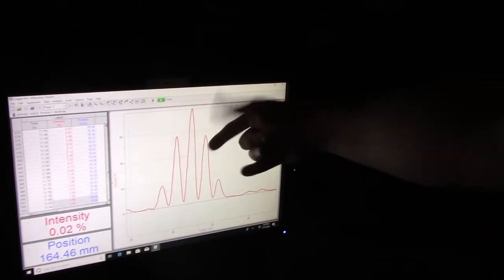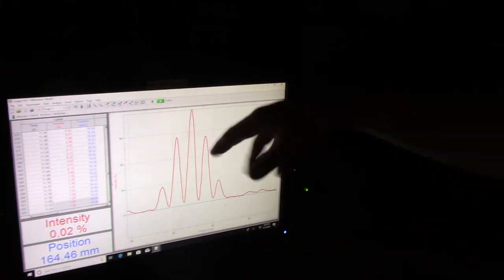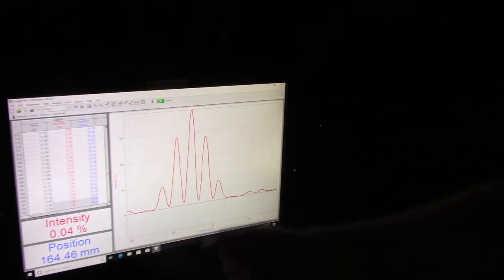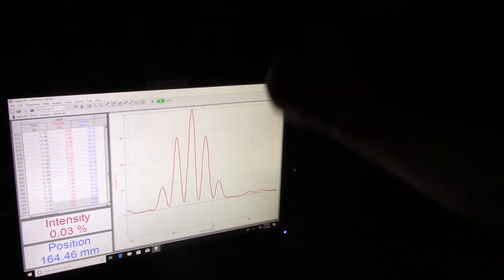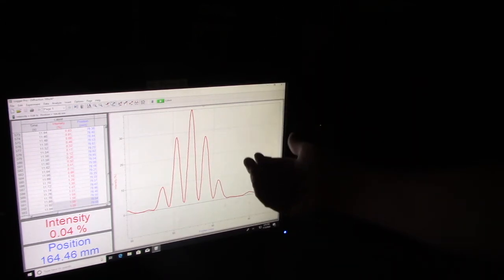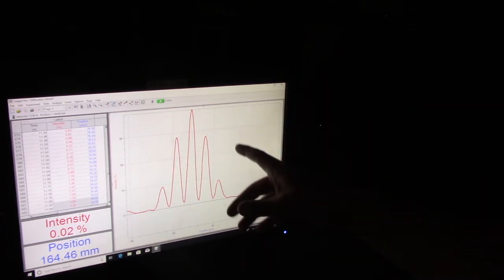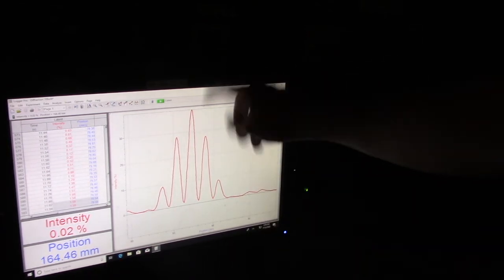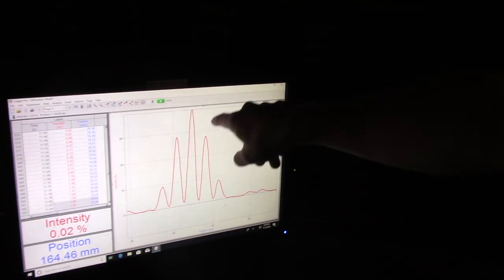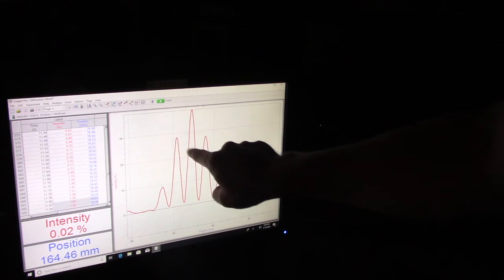Okay, so this is the graph of the interference pattern that we just measured. Intensity versus position, just like before. We just want to take a qualitative look at this graph. We're not actually going to measure anything off of it, but what I want to point out is that we have the central maximum right here, the highest peak in intensity,